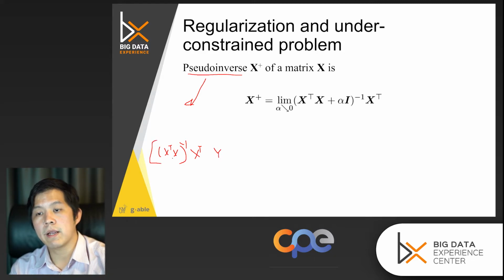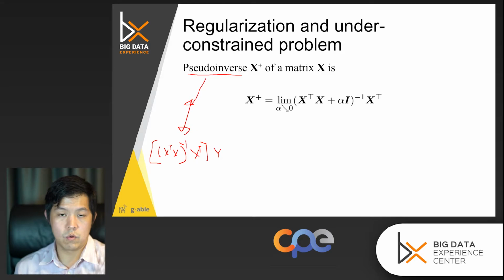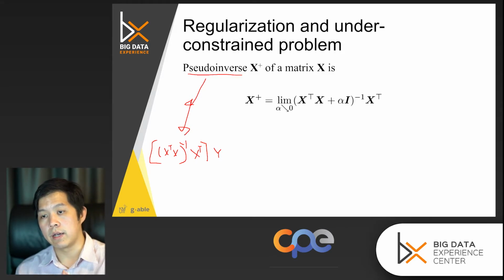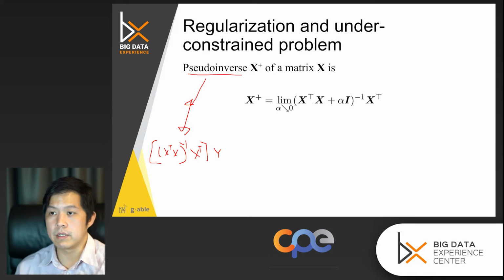The one in square brackets here is the pseudo inverse. A pseudo inverse is what you can use to obtain the parameters when you have a non-square matrix, to estimate the parameters out. Now if you have constraints,